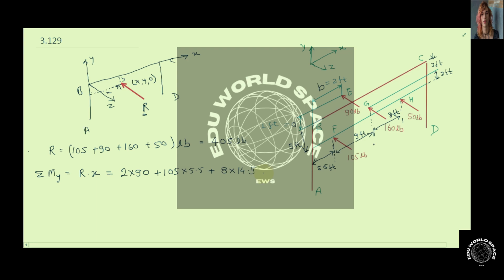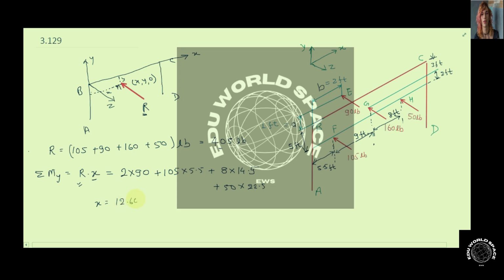And the fourth force that is acting here is 50 pound, and the moment because of that will be force multiplied by perpendicular distance; since this distance was 14.5 and 8 feet will add to it, it comes out to be 22.5. So in this equation the only unknown is x, since R we have just calculated above. So the value of x comes out to be